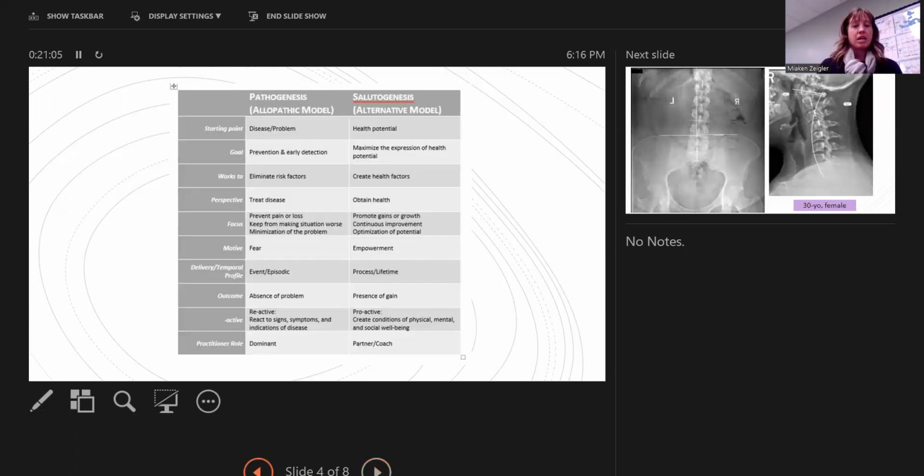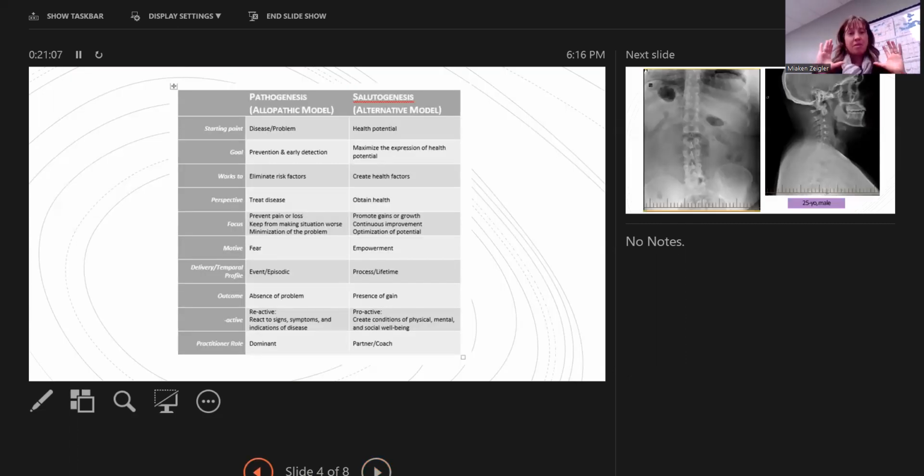Anyway, know this. This is what I love, because if I ever have anything that's ailing me, number one, I don't want to be categorized or placed in a box. I don't want somebody limiting my potential. And number two, I want to work with a healthcare provider who's not going to just look at the deficits. I want to work with a health provider who's going to look at what the potential is. I don't want to be seen as what's missing.